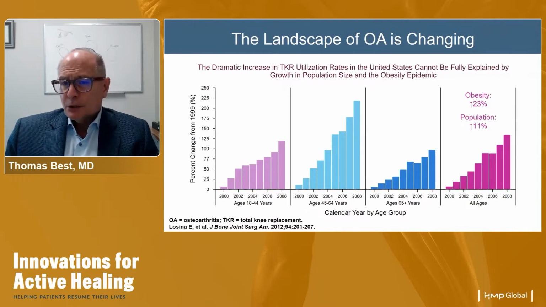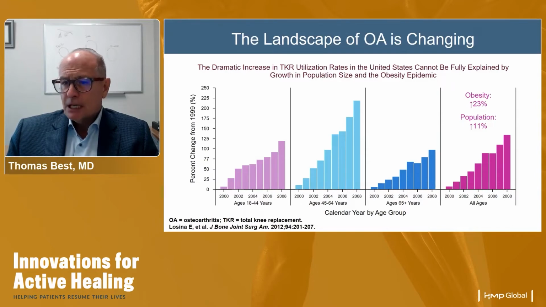Furthermore, as I mentioned earlier, the landscape of osteoarthritis is changing. This is a study that was published in the Journal of Bone and Joint Surgery in 2012. And what it shows, it breaks down 4 different age groups. As you can see here on the left-hand side are young people, ages 18 to 44. We move to the middle of the slide, which is ages 45 through 64, 65 and plus, and then aggregate